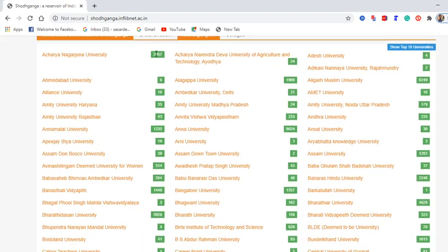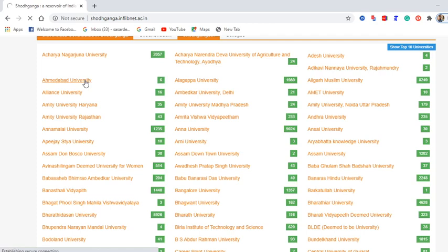The green color shows the number of theses uploaded by the particular university, and this number shows it. Suppose you want Ahmedabad University, there are 6 theses uploaded, which is shown in green color. Then go to Ahmedabad University.